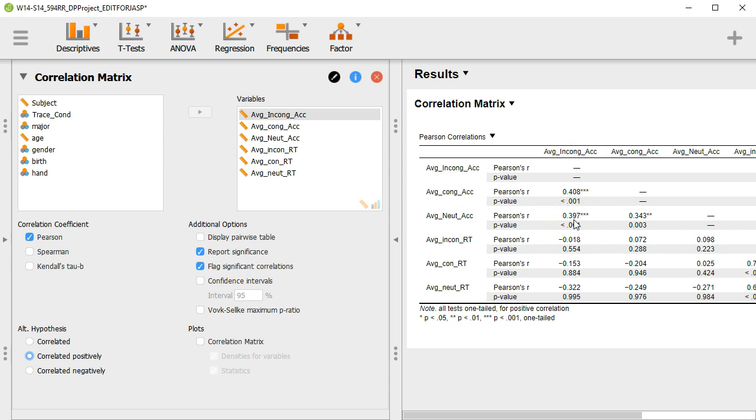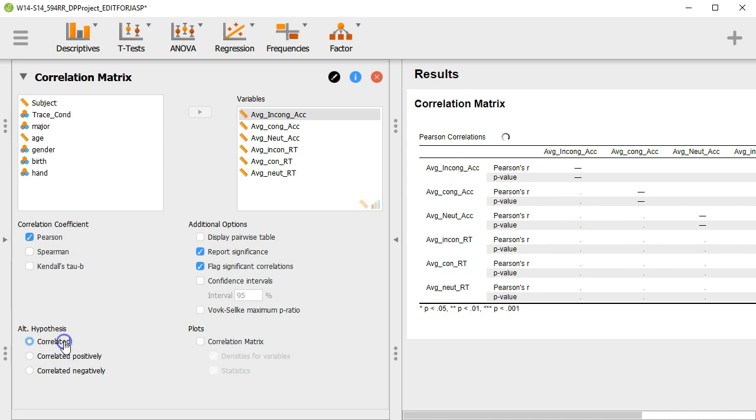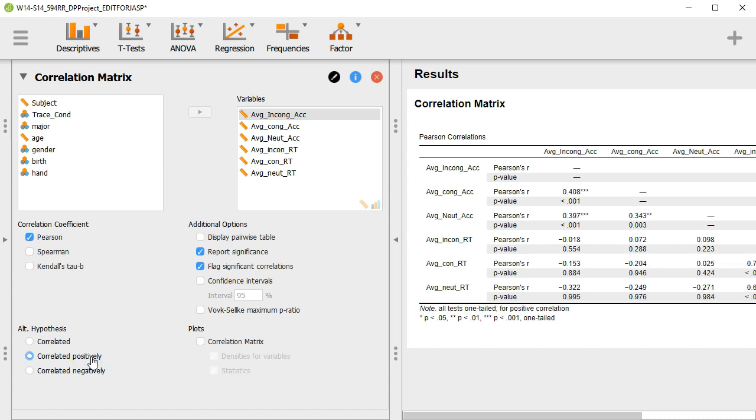So it doesn't change, still 0.397, but let me go back to correlated for one second. The p-value is exactly 0.001. Okay, not less than 0.001 as this value is, but exactly 0.001. That's what happens on a two-tailed test. But when I move the critical value,